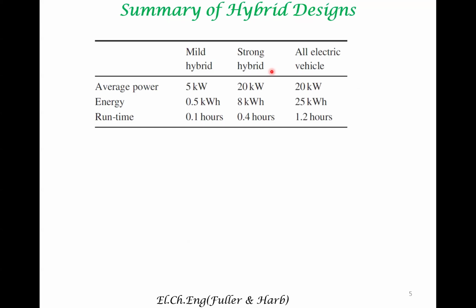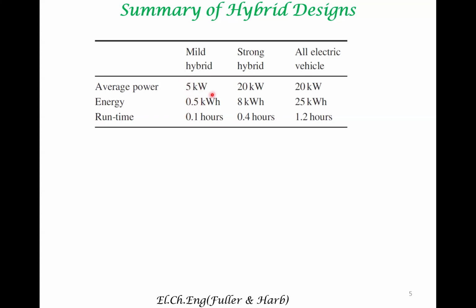To summarize, we are presenting a few other categories. When you refer to a hybrid vehicle as a mild hybrid, the average power that is required from a battery system is not that much. It's only 5 kilowatts. The energy capacity of the battery is 0.5. So this divided by this will provide the runtime for the battery, right? So the battery can run for about 10 minutes because it provides this much power and the capacity is